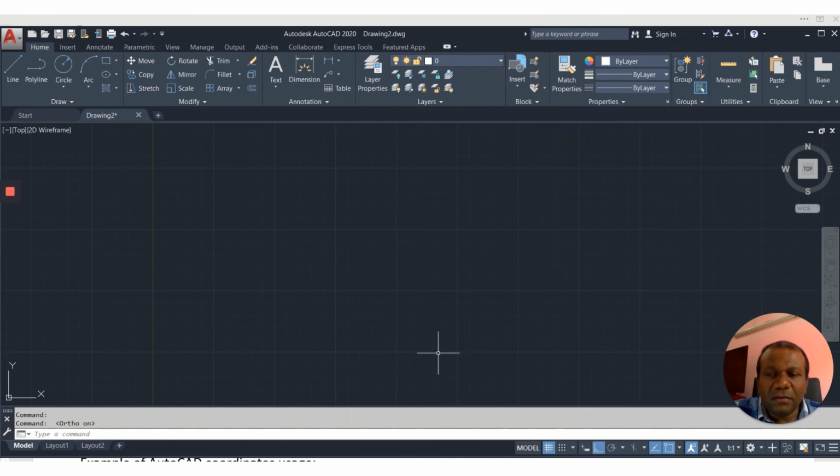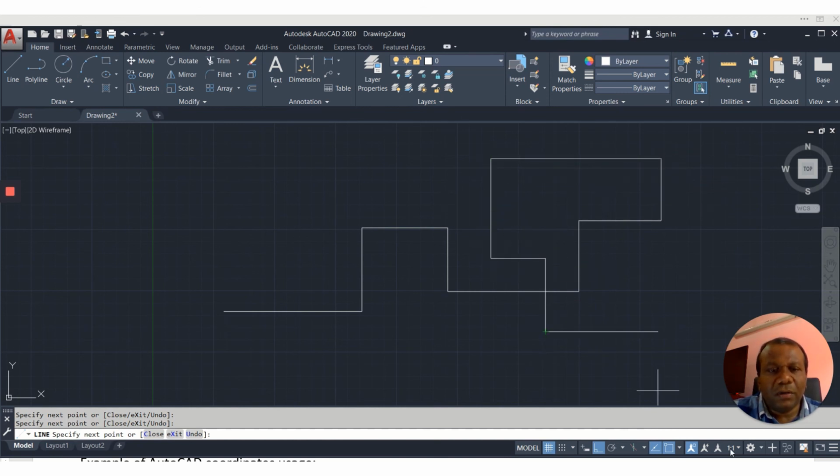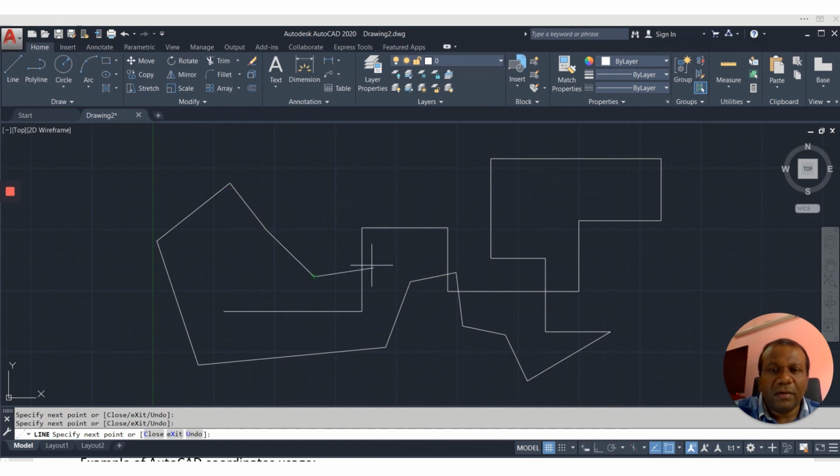When it is on and you draw a line, I will take the line tool. When you draw a line, it will be orthogonal. It means you can't go to a specific angle. You will feel that with the mouse, right? I'm trying to get into the corner, but it's jumping here or there. You can't take it to a corner, right? If you want to draw a straight line, you can turn the ortho mode on. When you turn the ortho mode off, you can draw at any angle, corners also, right? So sometimes you need to switch it on, sometimes off. When it is switched off, you can draw at any angle.